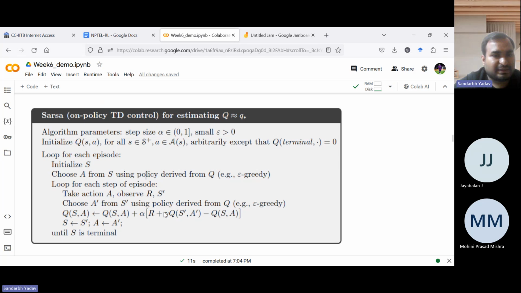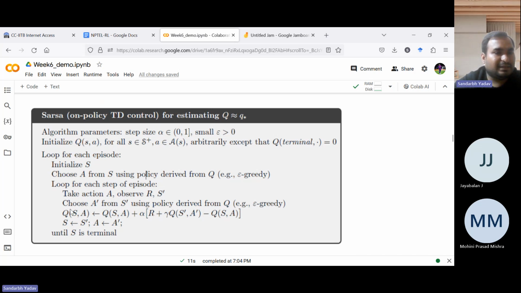Since it's on policy, this is the update equation, this is the new estimate. In computer science you can reuse the same variable, so it simply updates the same variable. This is the old estimate plus learning rate times whatever reward you got plus gamma times, gamma is 1 here, the estimate of the next state. This is called bootstrapping. And then we subtract the old estimate. So basically the new estimate is equal to the current estimate plus alpha times this TD error.